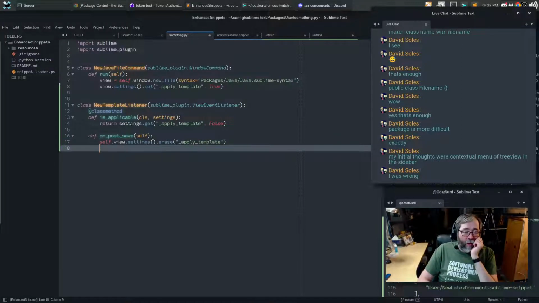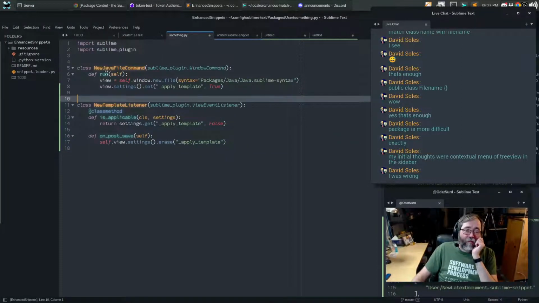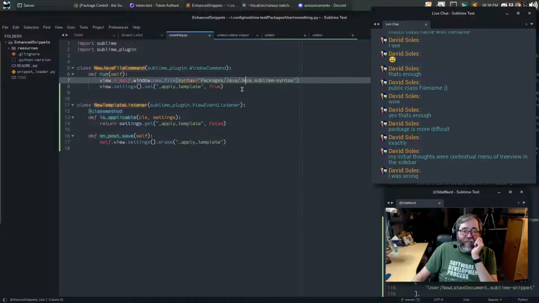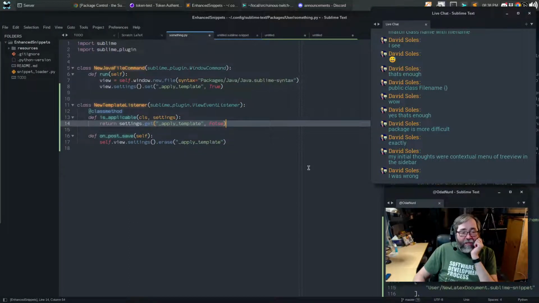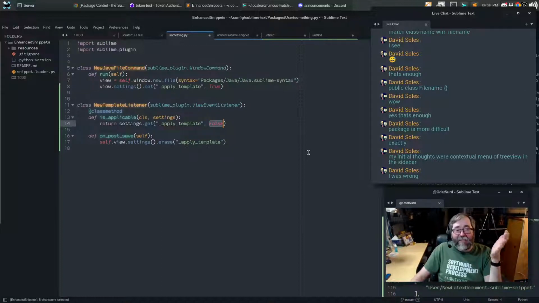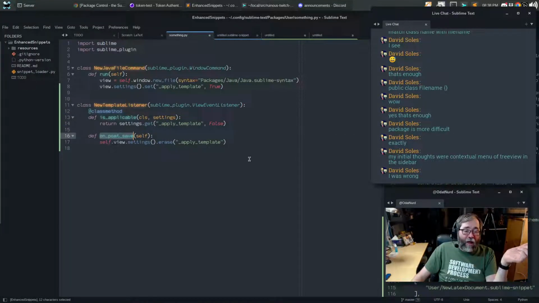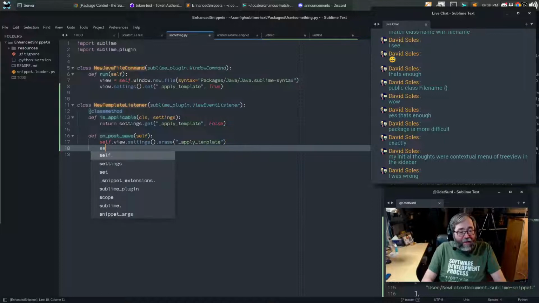check this out. What we have here is a command which, when you invoke it, creates a new file, assigns it the Java syntax, and applies a setting to it for apply_template. And we have a thing here that says that this view event listener applies to any file for which the apply_template setting is turned on. When this is applicable, it returns true. The false value here is the value that's returned if the setting isn't set. So the only way for this call to return true is if the setting is actually applied. The events in this thing only apply to views for whom this applies. So when a save is finished, we can erase that and then say